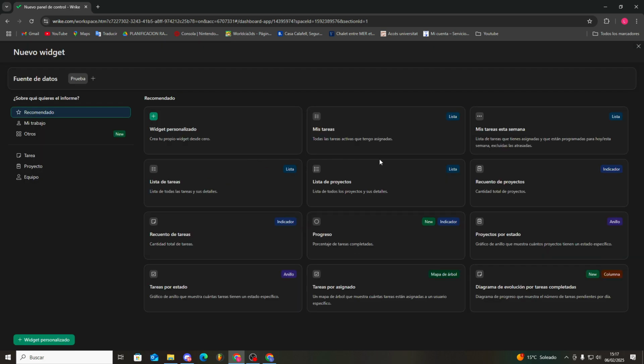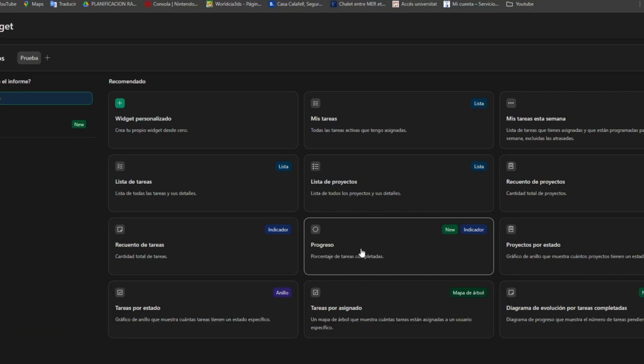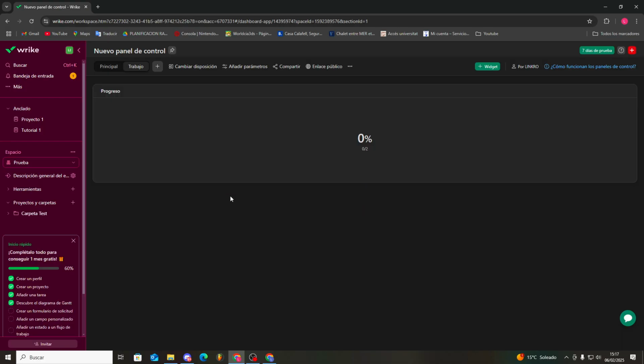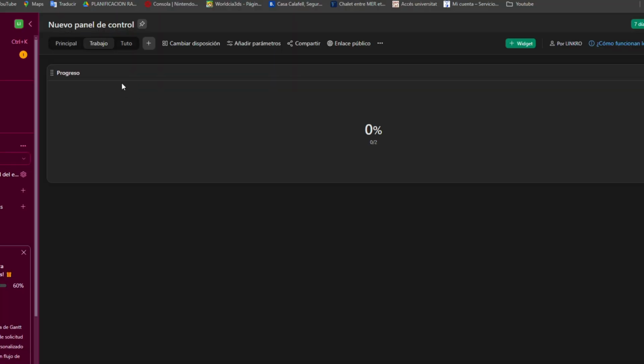For instance, if we need a section showing the percentage of completed tasks, we could add it. Mine's at 0 now as I haven't done any tasks, but yours would show the percentage here. We could add more sections, create new ones if we wanted, go to